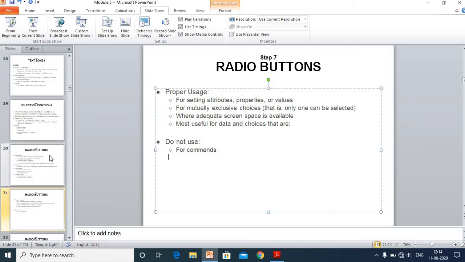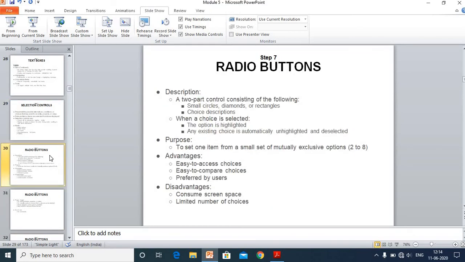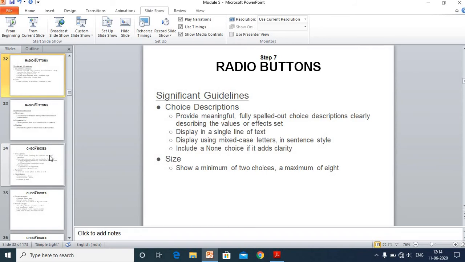And next we have significant guidelines. As we know, for each and every item we can see on the window, we have many guidelines, and while designing the user interface we need to follow these guidelines. So here also, while designing radio buttons, we need to follow some guidelines. The first one is choice description. What is this choice description?